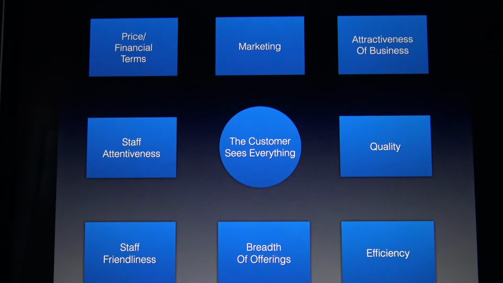And then finally, the price and financial terms. The price meets your expectations. And is it reasonable for what you're getting? Is it reasonable for what you expected when you get in here? A lot of these things we're talking about are the expectations you had before you engaged with the business. These things need to line up and at least meet, if not exceed, your expectations, or the business has probably wasted the money they spent getting you to engage with them in the first place.